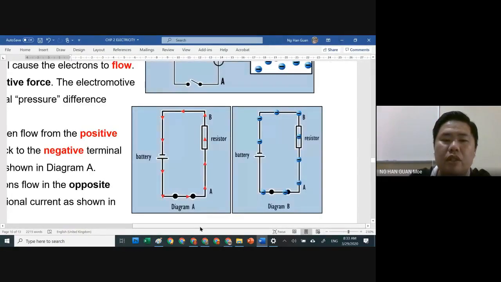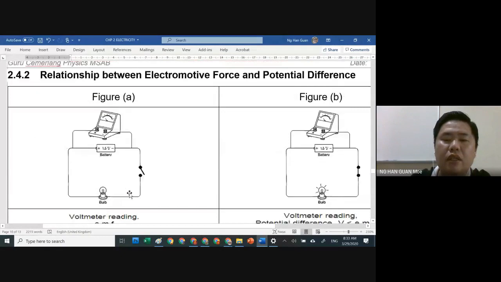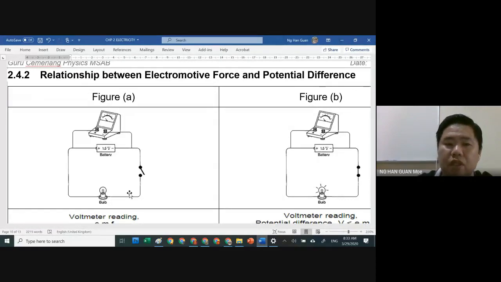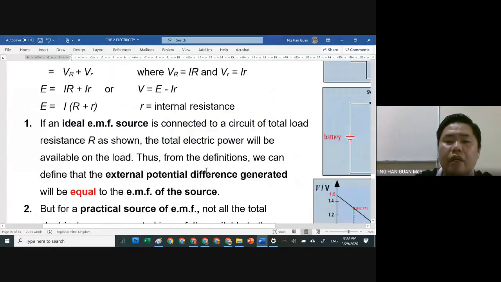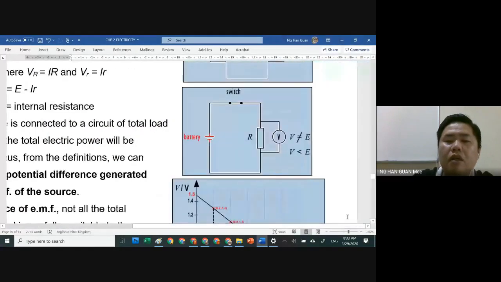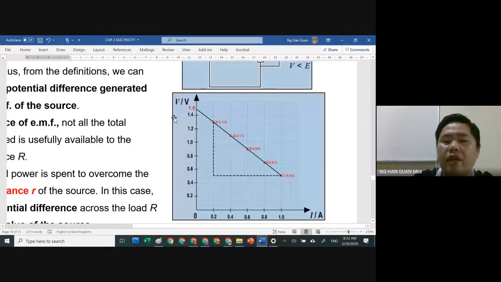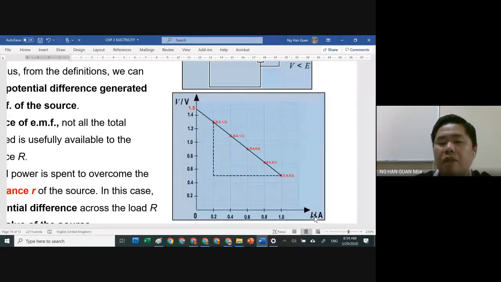If there are no questions, today we're going to focus on this experiment: the experiment conducted for the difference between the EMF, the electromotive force, and the potential difference. In the last lesson, before we finished, I told you to try to compare the result with Ohm's law. Under Ohm's law, you get a graph of V against I that is linearly proportional. But in the EMF experiment, our graph of V against I decreases